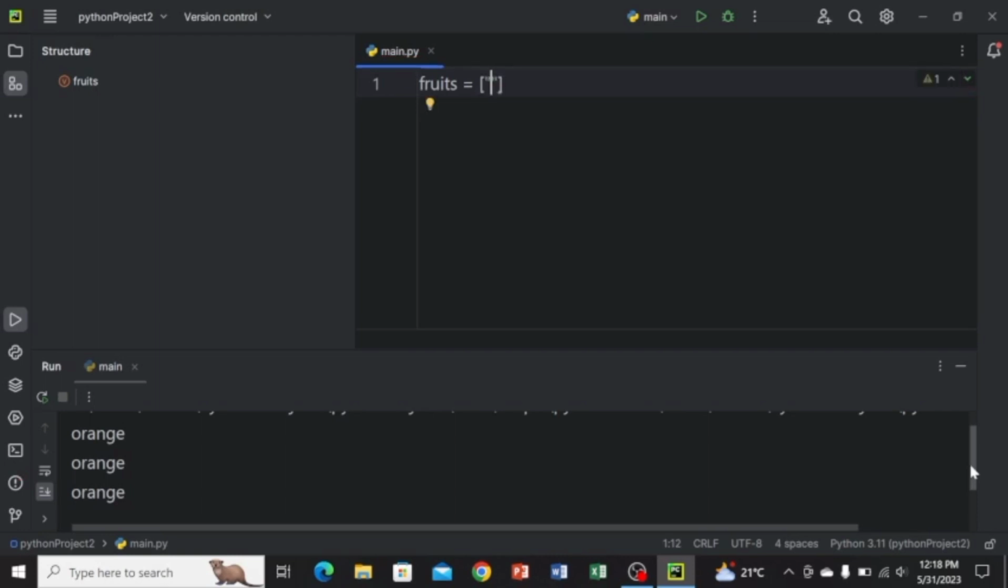That example is apple. Another fruit is banana. And another fruit is